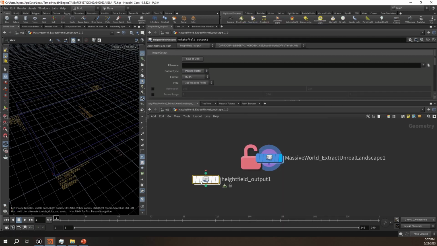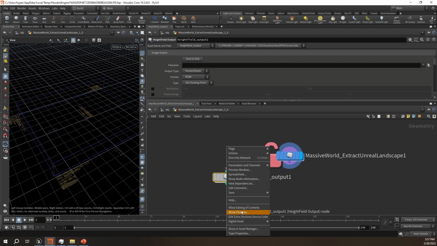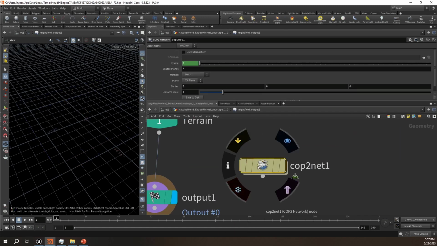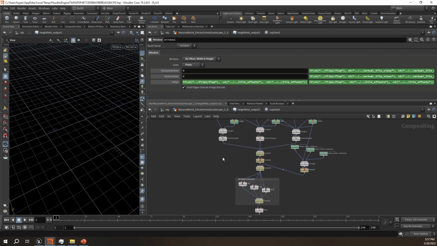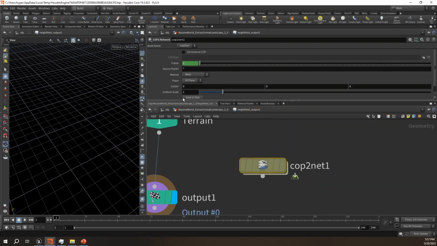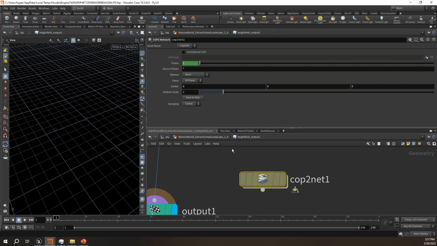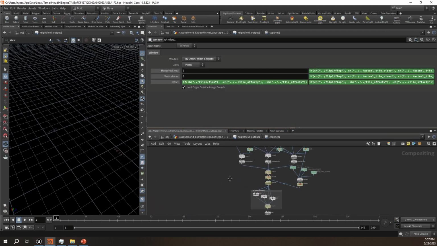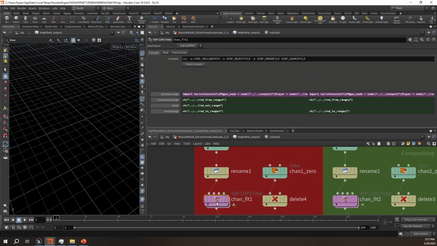For some reason the height field output node has some Python code in here. I'm not sure where it is. Let me see. Not there. Oh, right there. So inside this vopcop, there's some Python code that basically interfaces between the different modes of the